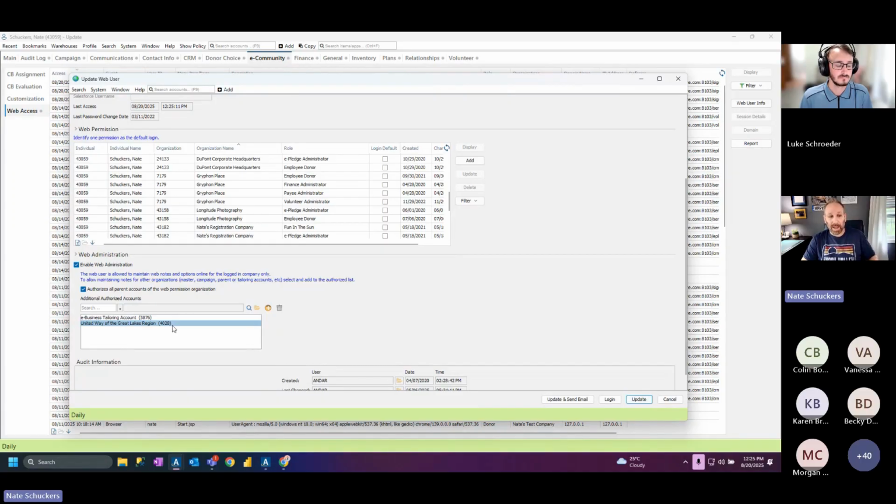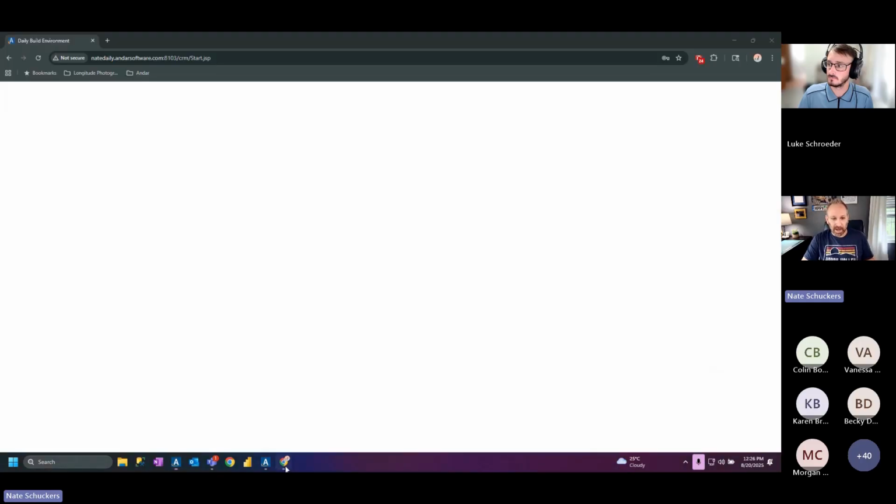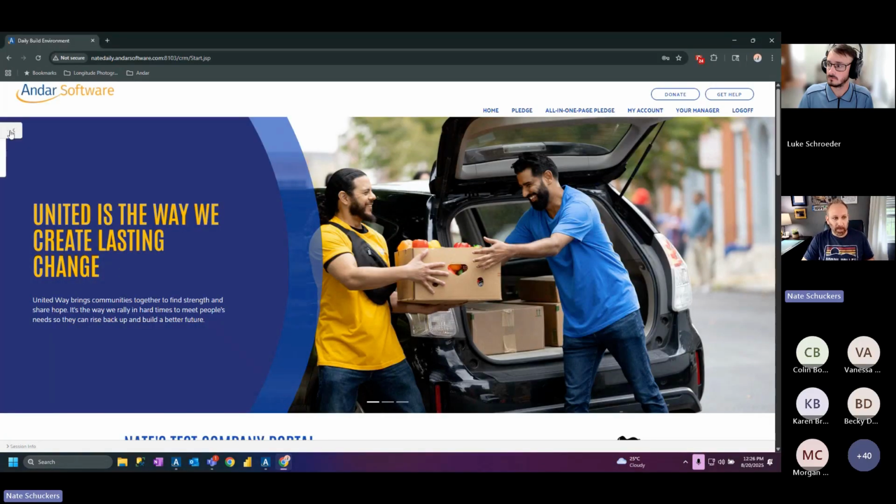Those are both in the pecking order. So if I go in and add a web note or a web option to the tailoring account, it applies to everybody. If I go in and add a web note or web option to the Great Lakes Region United Way, that is, again, my campaign account, that's my local master. It's also in the pecking order and would apply to all of the organizations underneath that particular United Way account. So know your pecking order to help out there. But now when I go and look at my web notes,